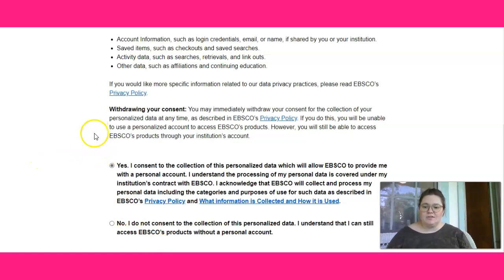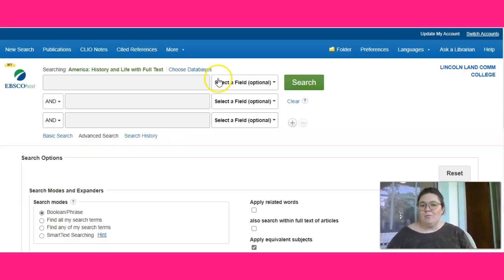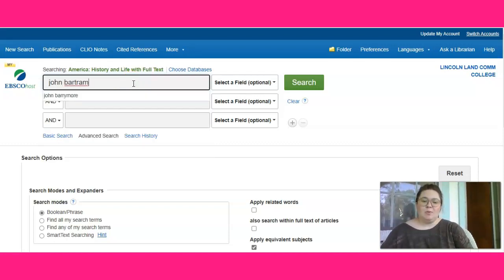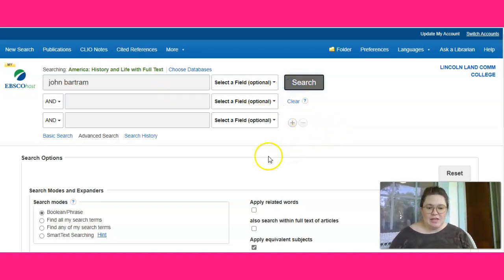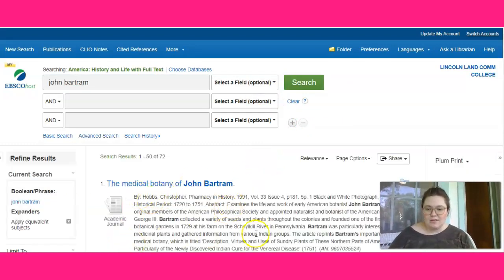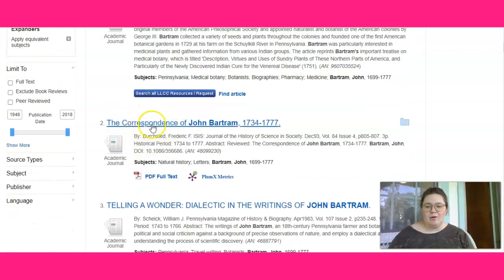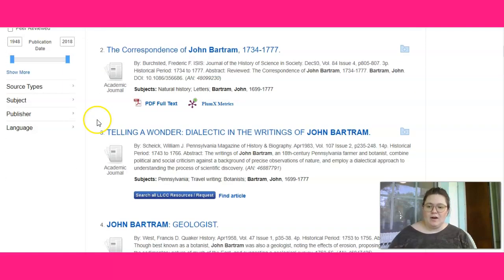Congratulations. All right, so when we go to American History and Life, it's shockingly similar to JSTOR. What we're going to do is just type in what we're looking for. Another way to do this is Bartram, comma, John. I usually don't do that because I never know if the things are comma accessible or not. And it's going to pull me up a bunch of really cool stuff. Look, there's a thing about his correspondence with other people,